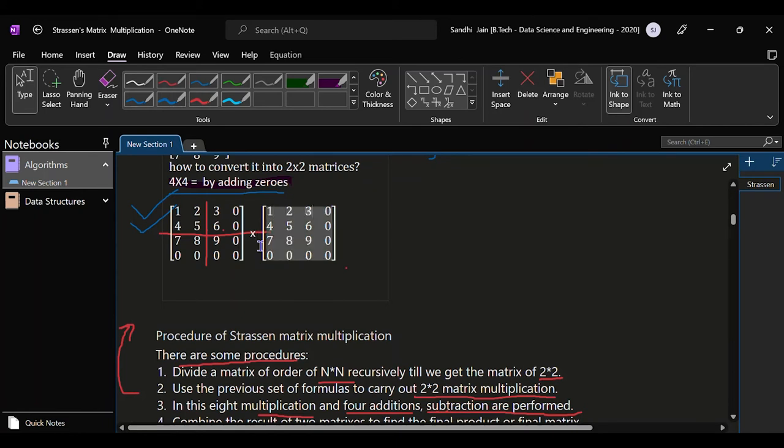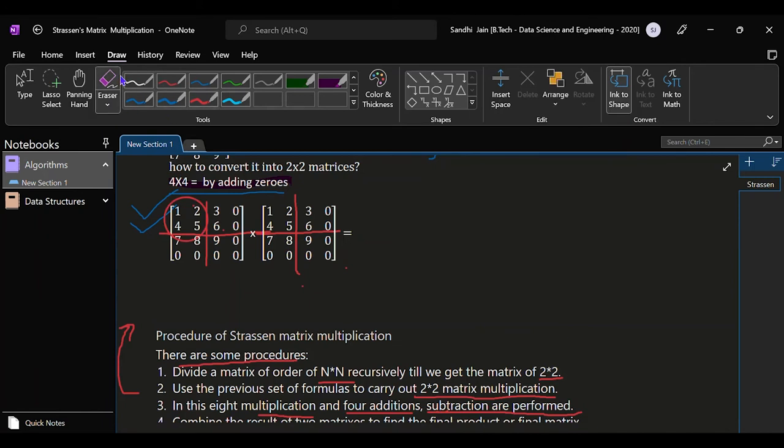Okay, and they're asking what will be the solution for this matrix multiplication. So in that case also, आप क्या करेंगे, आप इसको multiply करेंगे. Okay, and then what you are going to do, तो आप इसको एक सिंगल मैट्रिक्स को एक सिंगल एलिमेंट की तरह मान सकते हैं. I mean to say कि